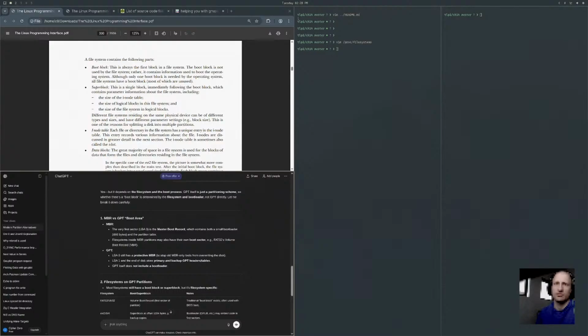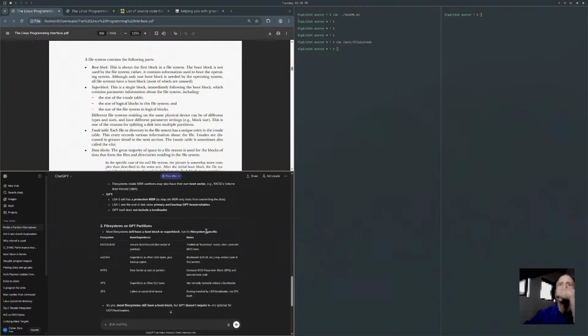GPT itself does not include a bootloader. Most file systems still have a boot block or super block, but it's file system specific. Bootloader: GRUB may embed code in the first sectors. First sector of partition. BIOS.